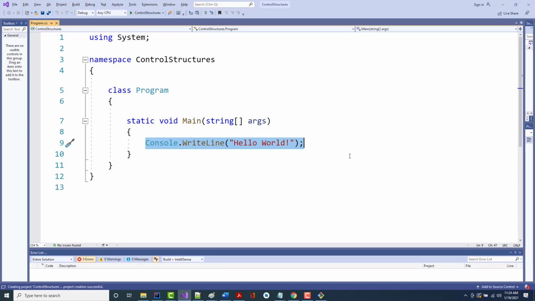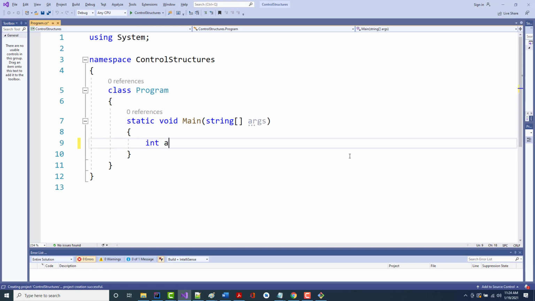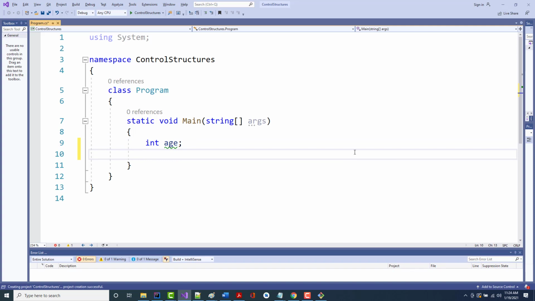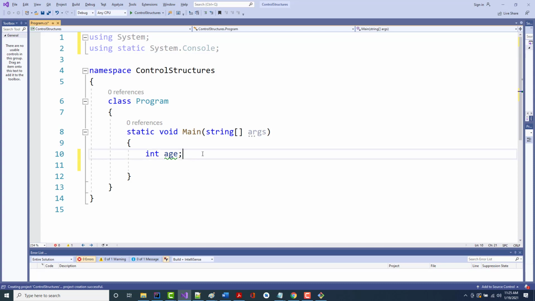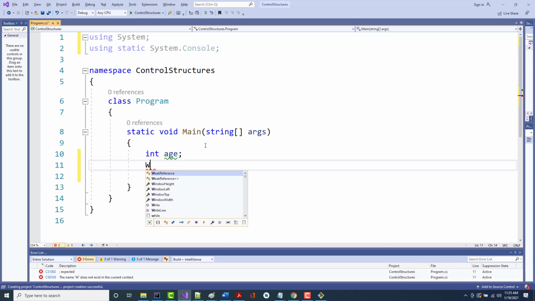If you look up on the screen, first thing, you already know ifs, right? So I'm going to come in here and say int age. We won't even give it a value. Then I'm going to come in here and say this, because you know this stuff now. Let me go back in here and do using static System.Console. You know what that is. We've already used it. So I'm going to come in here, Write,